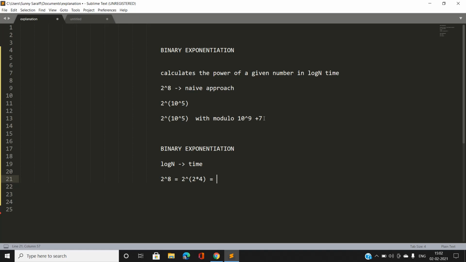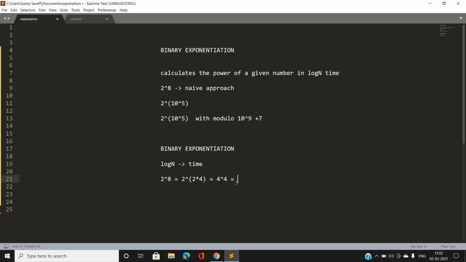Now you can easily understand that by the property, 2 power 2 into 4 can be written as 4 power 4. We club 2 power 2 and 4 separately, so it can be written as 4 power 4.